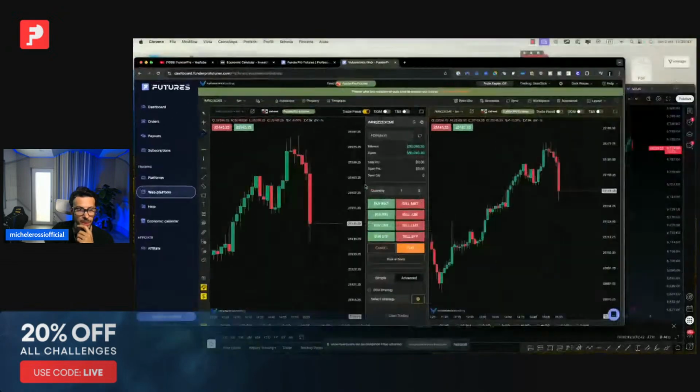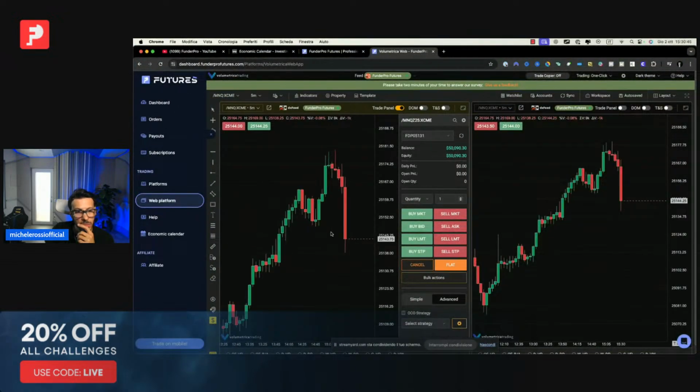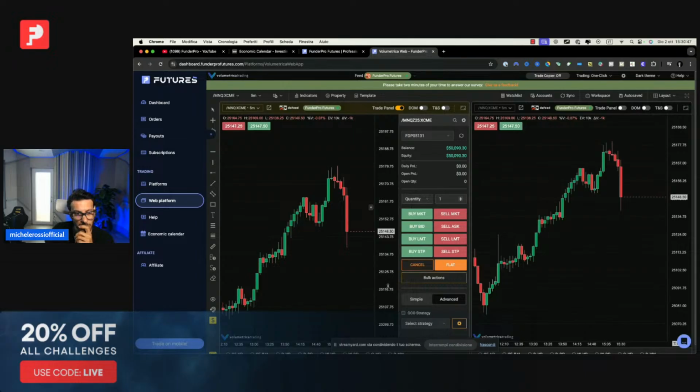No, it's not dropping because it's overbought. It's just dropping because you don't know why. And there's nothing you can say that can change my views on that. You think opening an RSI that tells you overbought, oversold is going to tell you where to buy or where to sell?